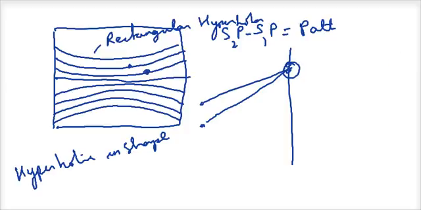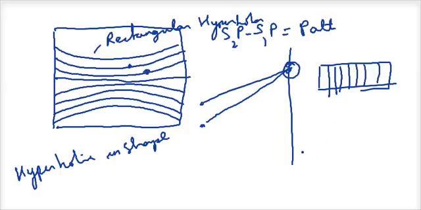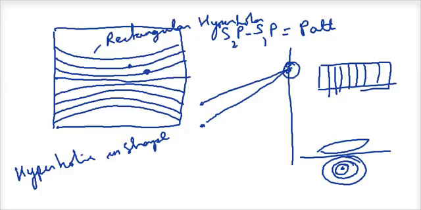Not in all cases will it be hyperbolic in shape. Suppose I take interference patterns from a thin film. I'll see alternate bright and dark bands. Suppose I take interference patterns as in the Newton's ring experiment. You'll see them as concentric circles. In fact, this is quite interesting because here the center of the screen will not have a bright fringe, but a dark fringe. I'll explain why in one of the later videos. So this is the basic physics behind the interference patterns as observed in the YDSE.